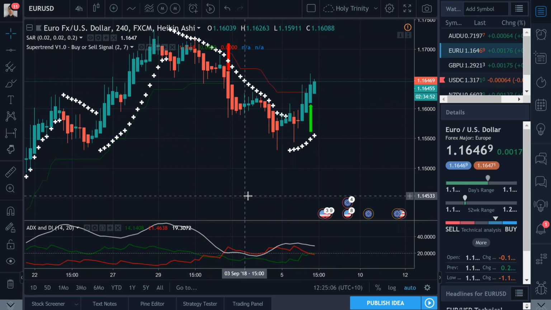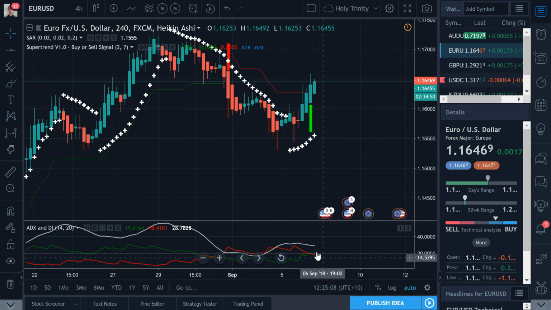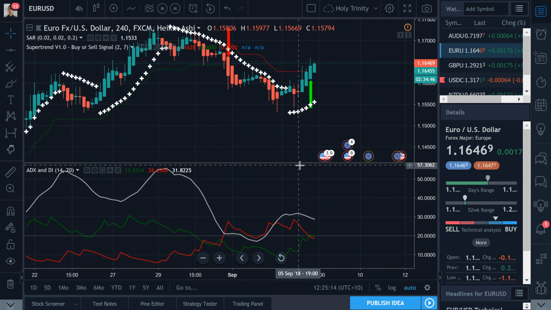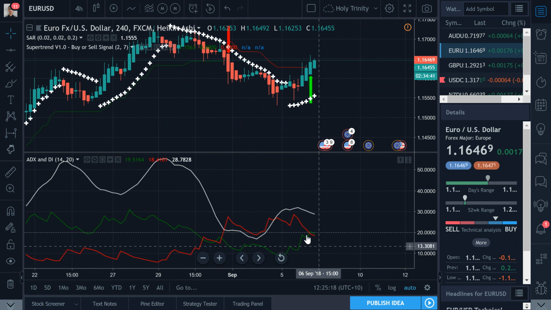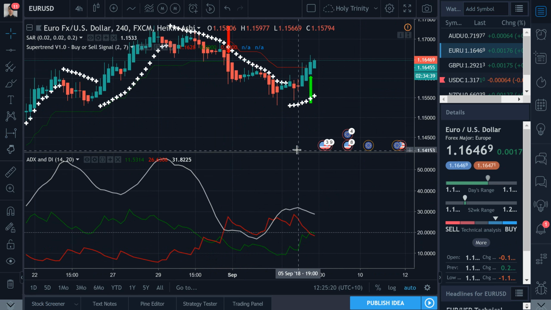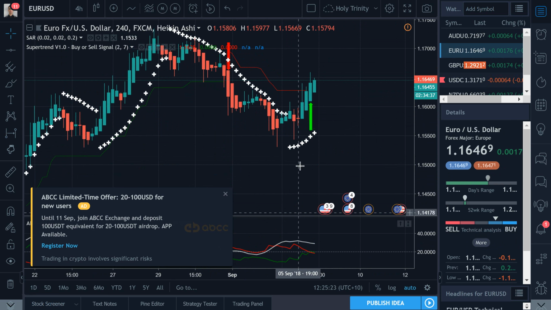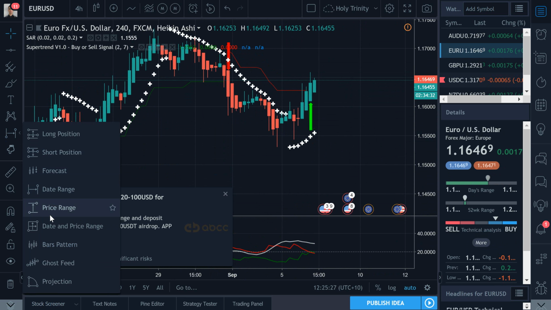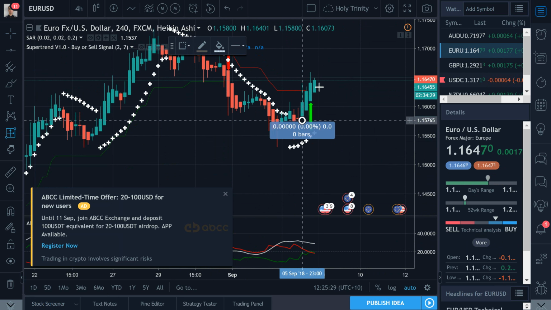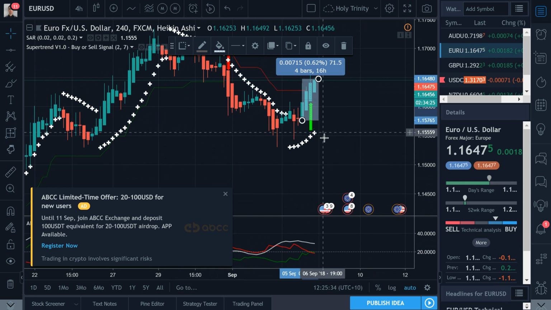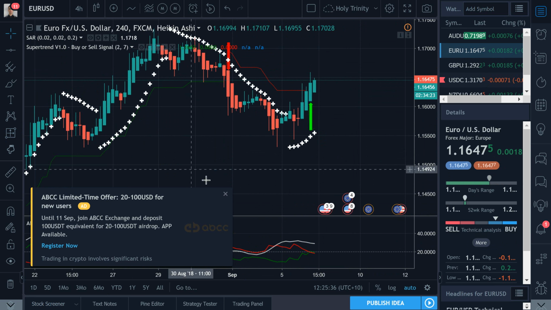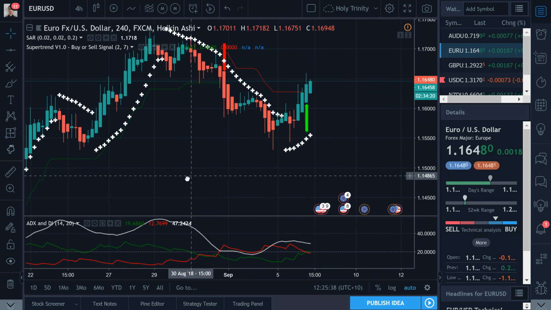Next, Euro US dollar. Super Trend has just told us to buy. The ADX is telling us that we are on a weakening downtrend, so potentially we are going to see a reversal. We did see this little cross here. Parabolic SAR, good, some good upward movements of about 71 pips in the last few hours, so that's pretty good. I like that, but